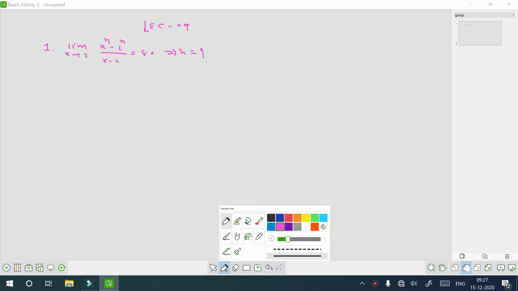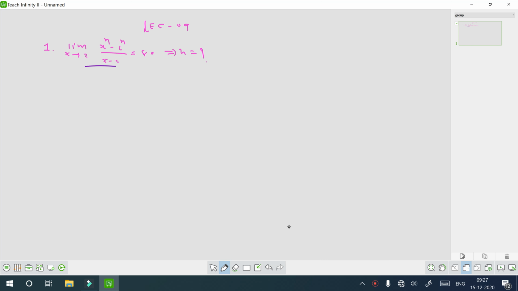First one: limit x tends to 2 of (x raised to n minus 2 raised to n) over (x minus 2) is equal to 80. Then we want n is equal to what? Now please see here, there is no need to write each and every step as far as multiple choice is concerned. So can I write directly for this example, n into 2 raised to n minus 1 is equal to 80? Yes. So n into 2 raised to n minus 1, 16 fives are 80, that is equal to